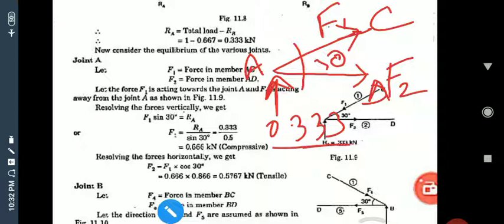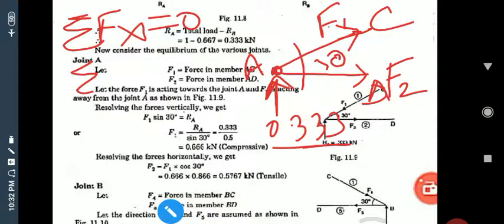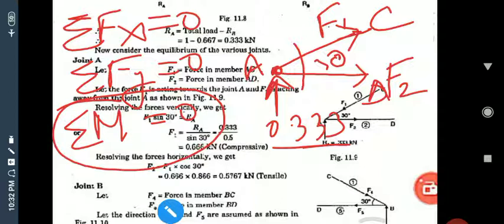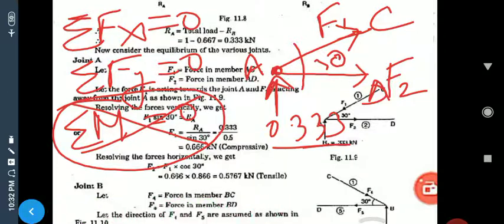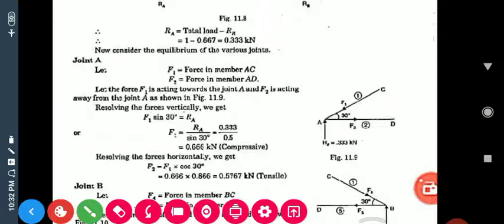Now we will apply the conditions for equilibrium for joint A. So what are the conditions of equilibrium? The conditions of equilibrium are summation Fx equal to 0, summation Fy equal to 0, and summation of moments equal to 0. But we will not apply the moment condition here. Why? Because truss members do not carry any moment. So we are left with only two equilibrium equations, that is summation Fx equal to 0 and summation Fy equal to 0. We will obtain the forces in the members by using only these two equations. Okay, so let us see.